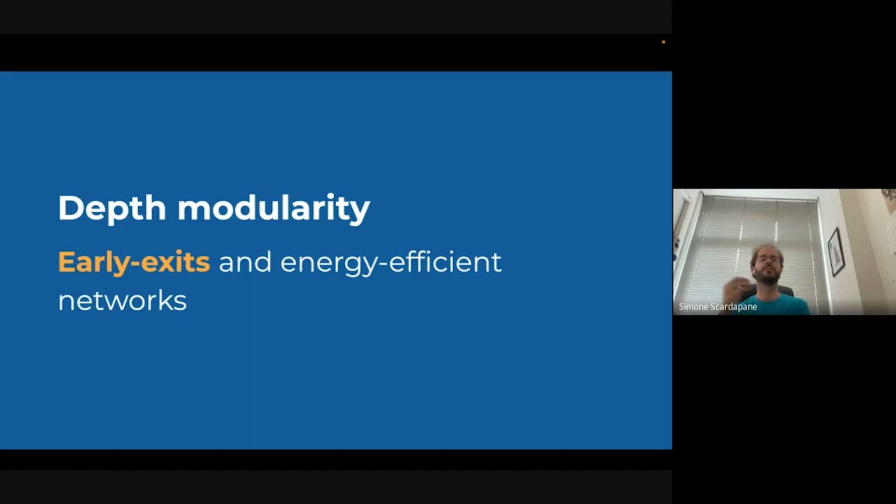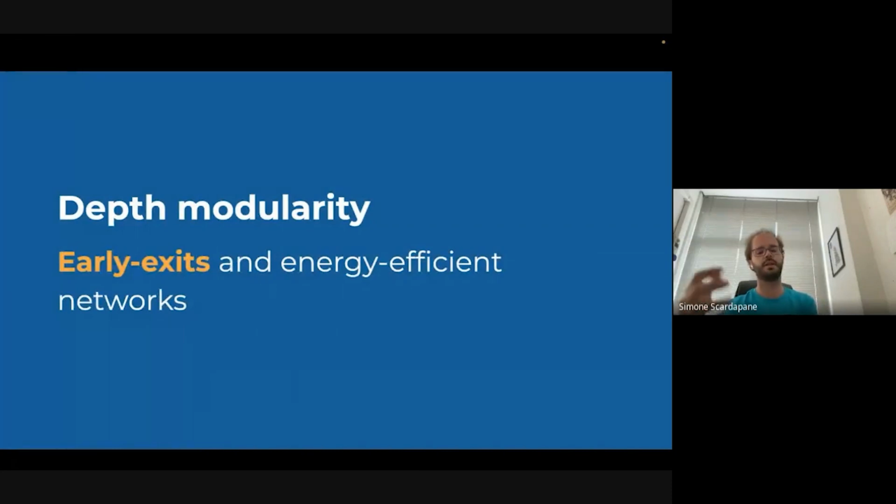But if we do that, we get a very interesting new paradigm shift, and we can do things that we couldn't do before. We will see what I call here early exits. We will see a mixture of experts quickly, and we will see input selection. I don't know how to call it.